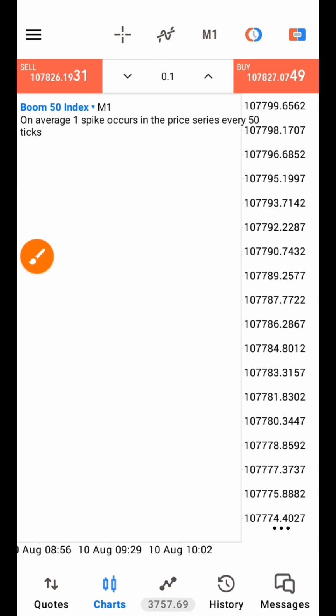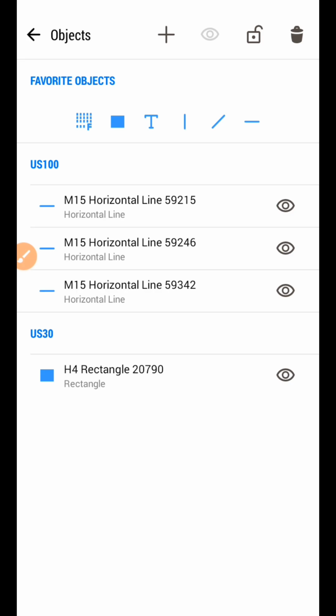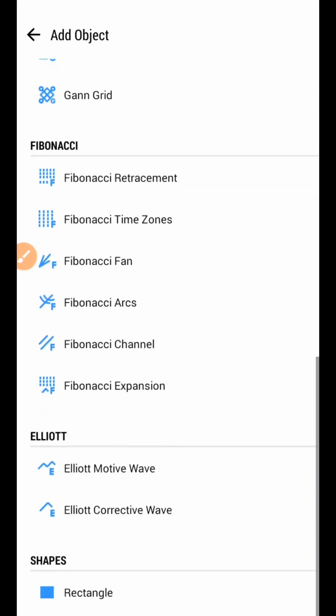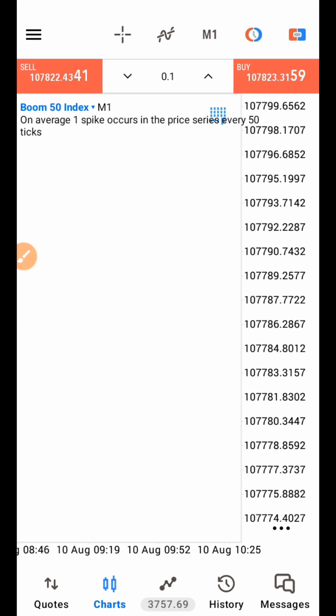The third thing is Fibonacci retracement. I know this is not your first time hearing about Fibonacci tools. It is one of the very popular tools in trading for technical analysis, and we use it to measure the sequence of retracement. How do you get your Fibonacci tool on this particular app? You tap on this plus sign here, scroll down, see Fibonacci retracement, click on it, and put it on the chart.